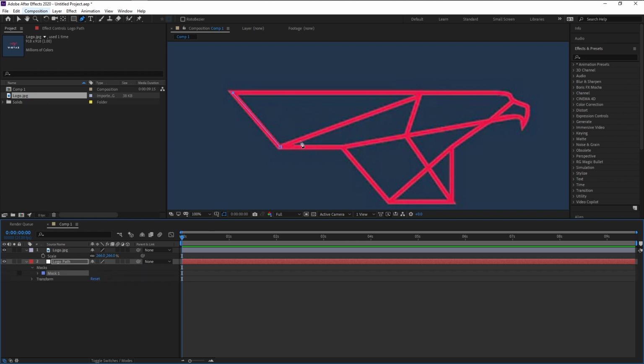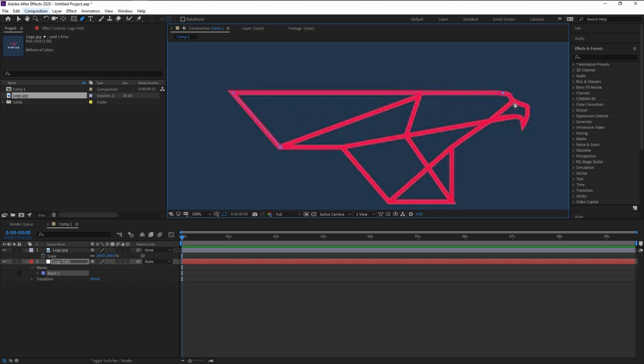Now we will continue to trace out our logo. Just get it over here and bend it like this. Use the tangent point. That looks good. And shrink this. Bring it over here. That looks good. Using the pen tool, you might think it's really hard to do, but believe me guys, once you get used to it, you will love this tool.